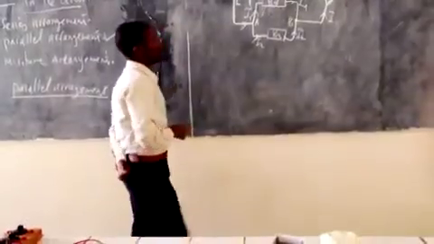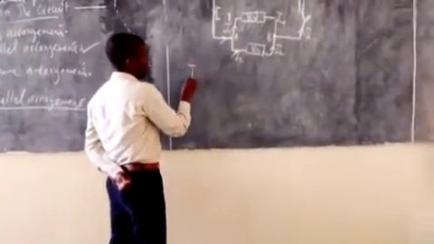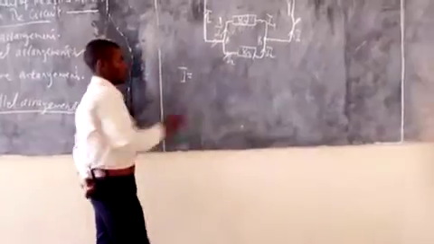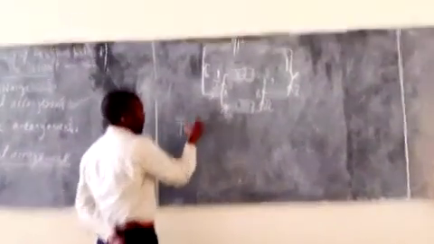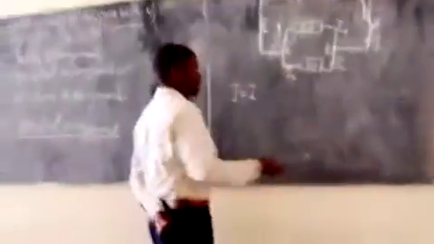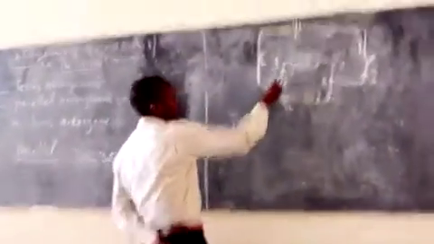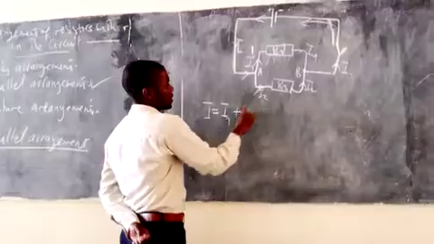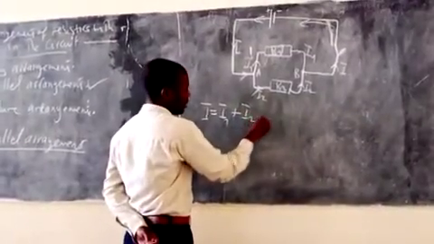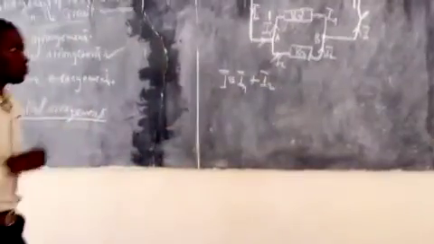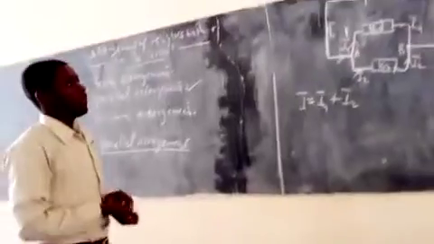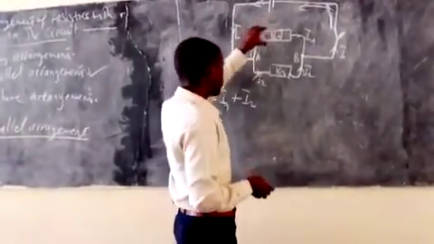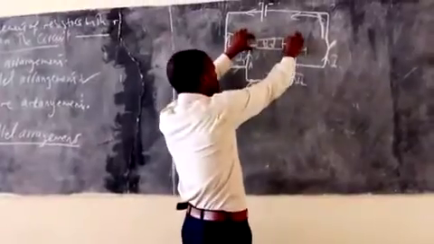Now, from Kirchhoff's law, the current I entering junction A will be equal to the current leaving this junction A. It is I1 plus I2. Now, for example, if you are performing an experiment and you connect the voltmeter to one end of one resistor,